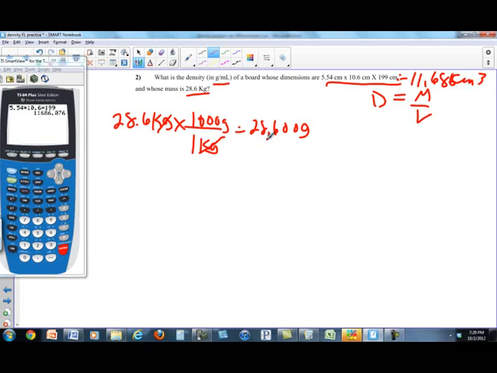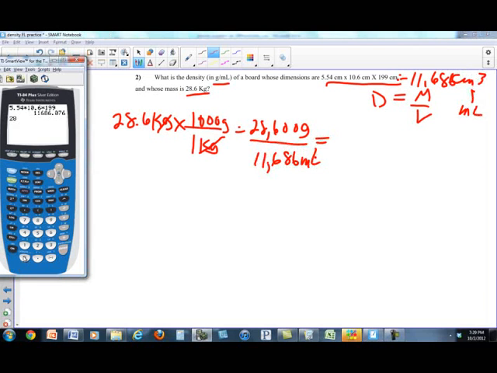So I now have my mass. I put it over my volume, 11,686 milliliters. Well, centimeters cubed are the same as milliliters, so I can just make this milliliters, and I get